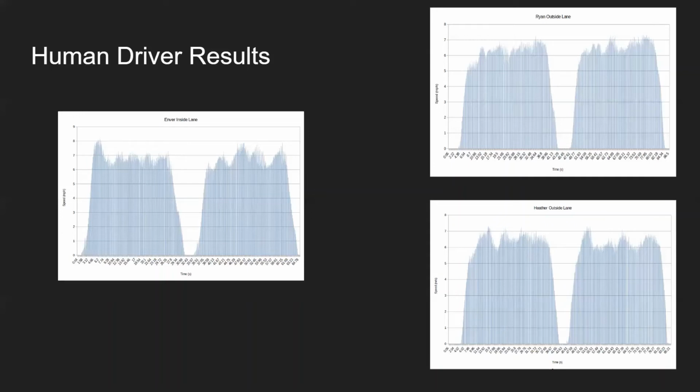Then you can see my performance on the right top. You can see I start off pretty slow, just barely going over 5, then sort of ramp up as time goes on during the lap. And I also do that for the second lap. And you can see on the bottom right, that's Heather's run. You can see she gets up close to 7, then overcorrects, goes down, and then starts hovering around 6.5. And she does that for the second lap. So you can see that the human drivers have a harder time controlling their speed over time when compared to the